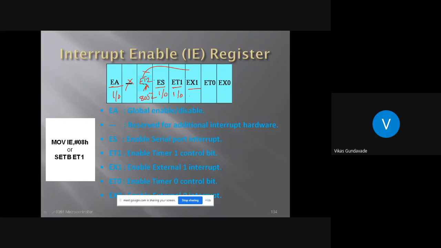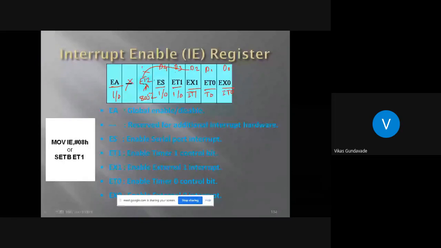Similarly, the EX1 bit is for external interrupt 1, IT1. Then ET0 is for the timer 0 interrupt, and EX0 is for IT0, or external interrupt 0. So this D0 bit is used for external interrupt 0, D1 bit is for timer 0, D2 bit is for external interrupt 1, then D3 bit is for timer 1, then D4 bit is for serial interrupt, D5 and D6, these two bits are not used for 8051, and the D7 bit is enable all